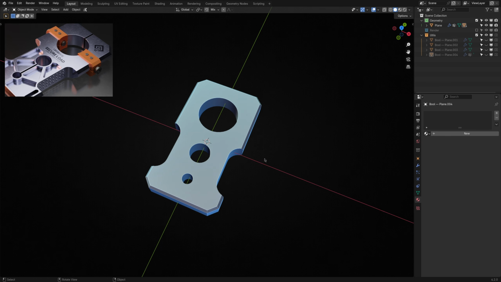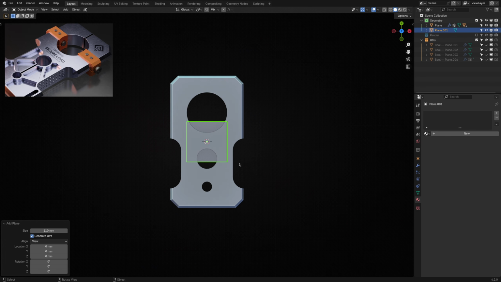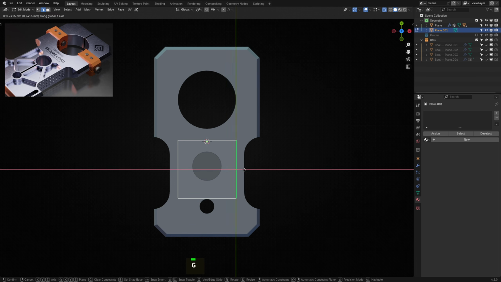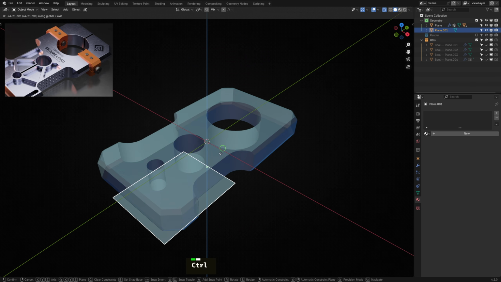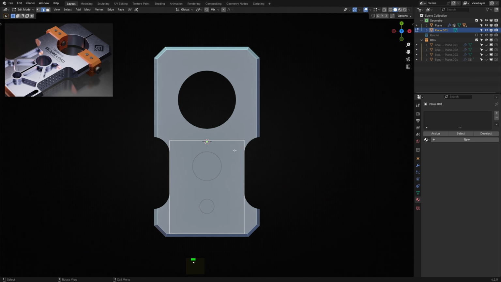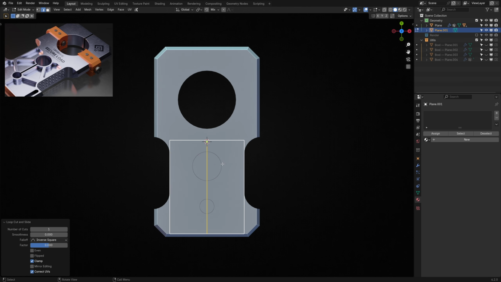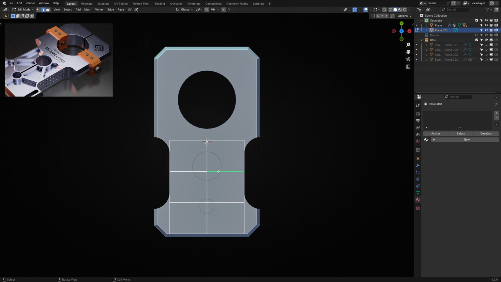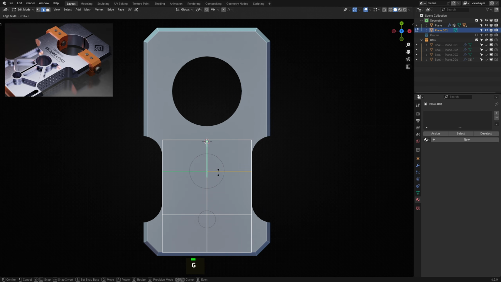So if you haven't already guessed, we'll need another plane. Slap one of those suckers down. Then adjust its dimensions to fit the area we want to add the cutouts. Once again, let's align this with the face of our block. We need to do some work in edit mode, so head over there. First, split the plane down the center with a loop cut or subdivision, whatever floats your goat. Next, I'll add 2 additional horizontal cuts. I want the center of each edge to be in the center of each circle, so I'll slide them up and down as necessary.